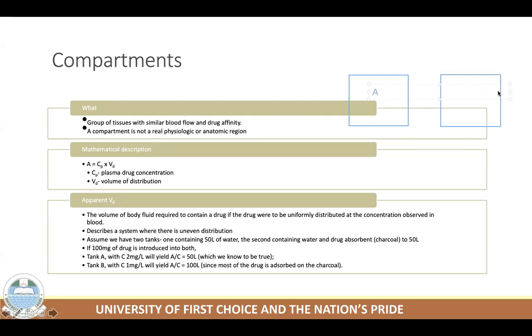So this is tank A, and then this is tank B. Now this is 50 liters and this is 50 liters. Now let's assume that we fill tank A with 50 liters of fluid, while we fill tank B